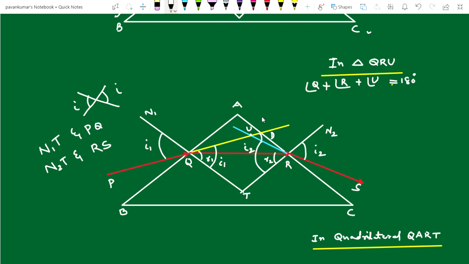Now, we have to calculate the angle at Q in the triangle QRU and the angle at R in the same QRU triangle. We can get these angles by simply subtracting R1 from I1 and R2 from I2. That is, here the angle is I1 minus R1, and here the angle must be I2 minus R2. By substituting these values in the above expression, we get